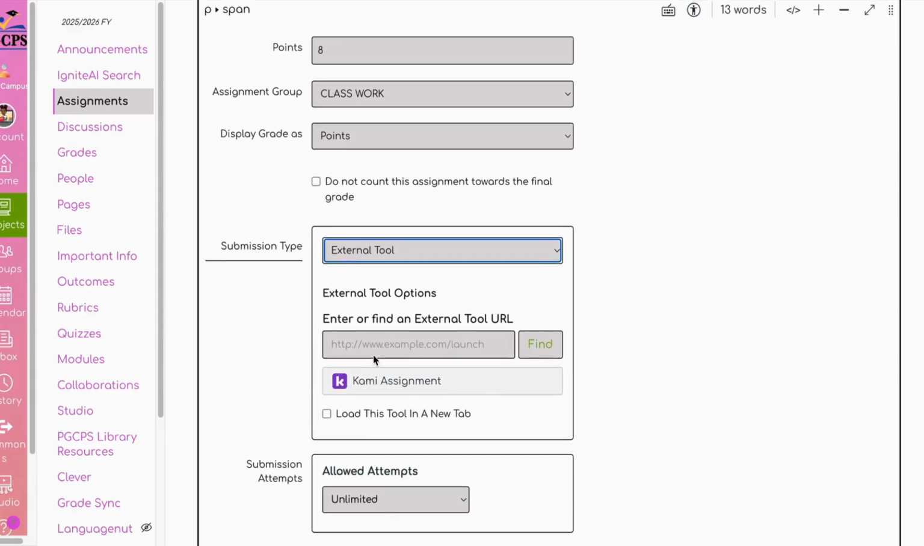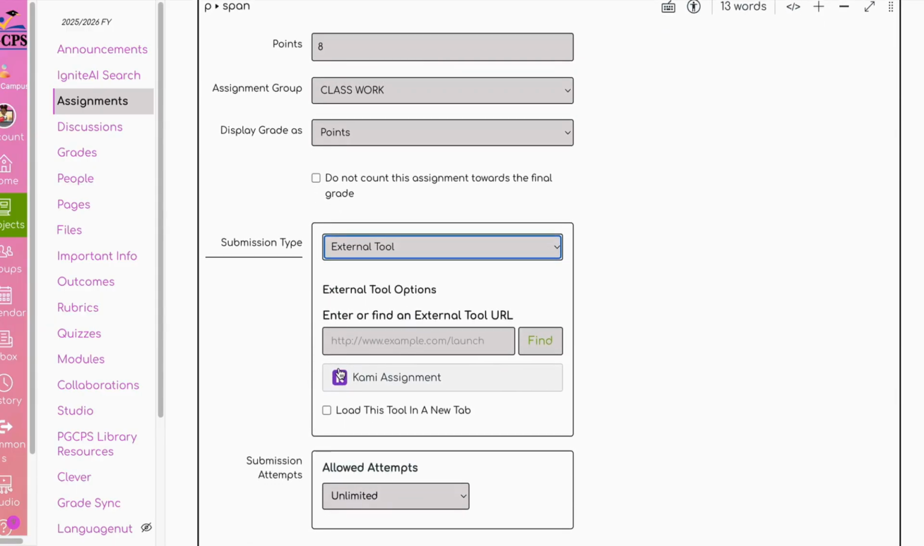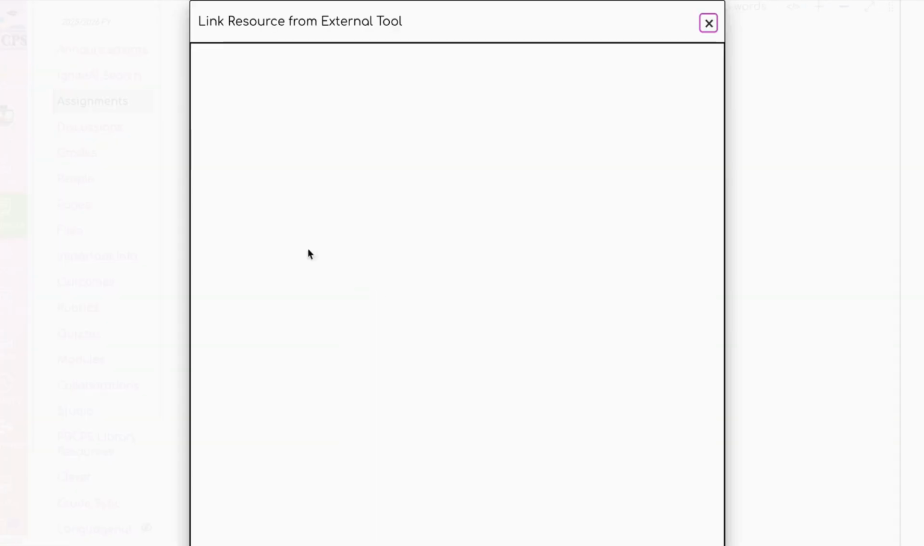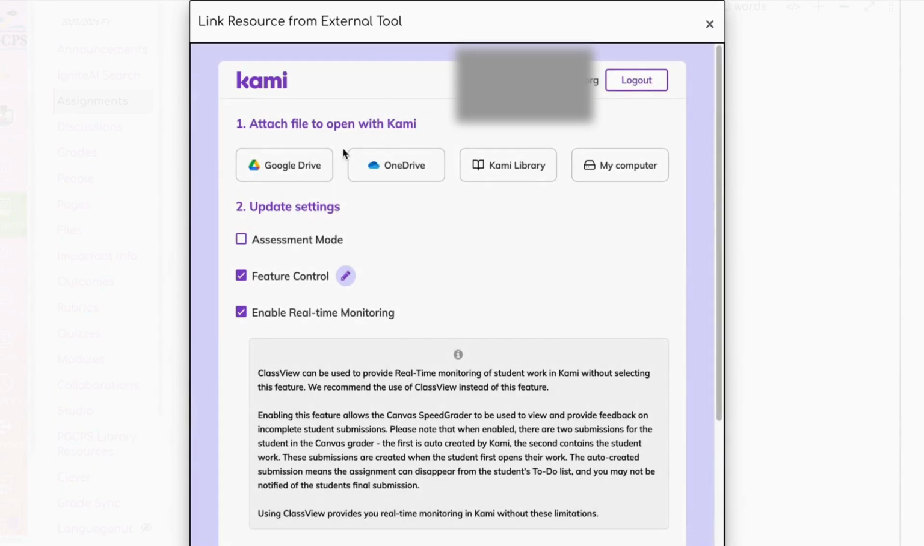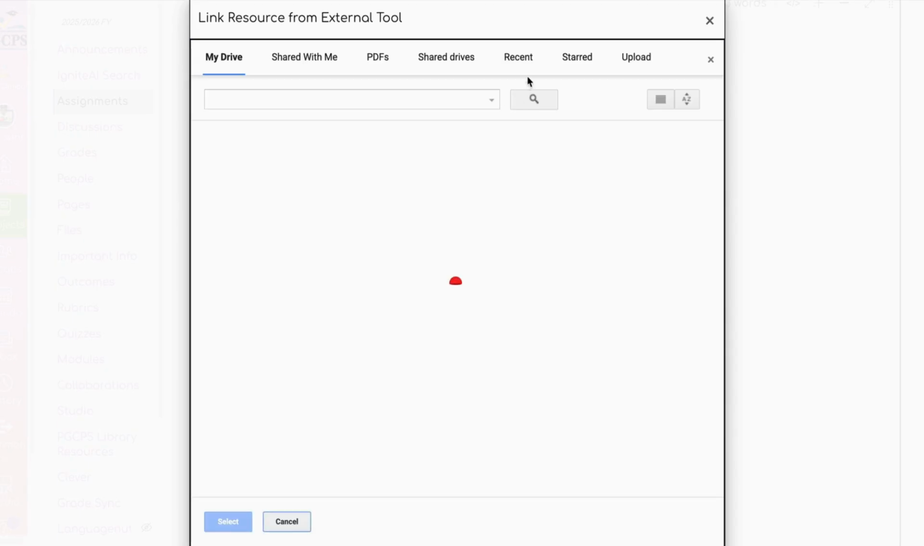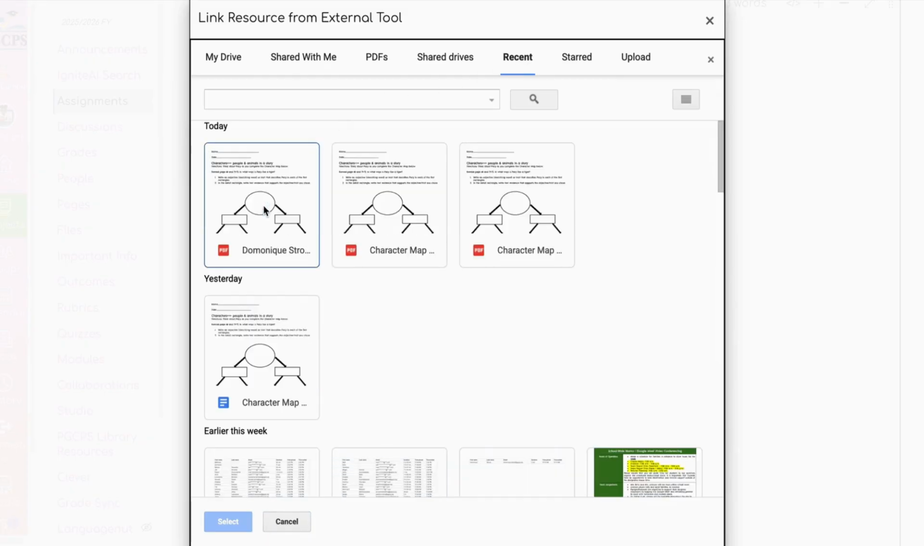tool. What I really like about Canvas is that it already has the Kami assignment link here. So I like to just go ahead and click this, and then it takes me directly to the source that I want to link. And you can choose between Google Drive, OneDrive, your own computer, your Kami library, should you have an account. So I'm going to use my Google Drive, and I have an assignment that I own that